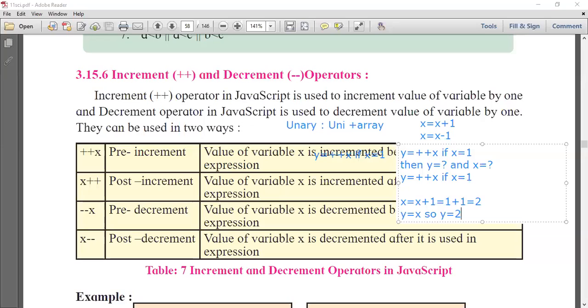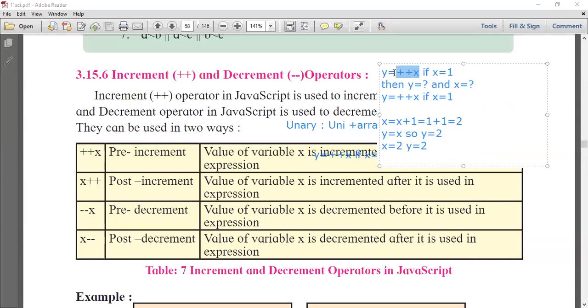So here you will get x is equal to 2 and y is also equal to 2. This is all about y is equal to ++x.